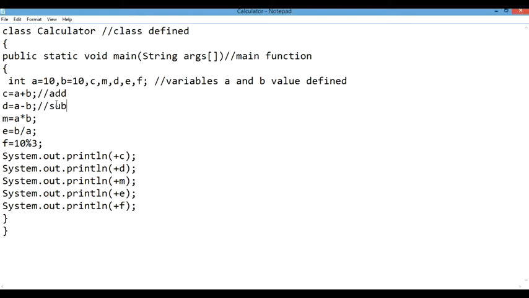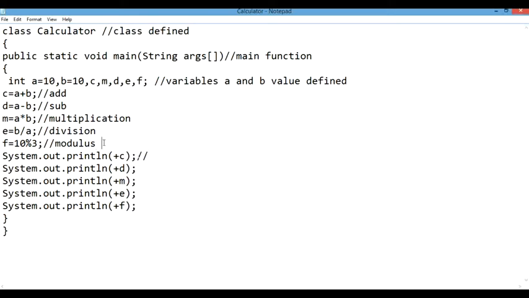Then I have a variable in which I am performing multiplication on the data, that is a into b. In that case it will give me the multiplied output. After that, in e, I have a divided by b, which will give me the result of the division. After that I have another variable in which I store the result of modulus. Here f equals 20 modulus 10. So it will give me the desired output if there is any remainder.